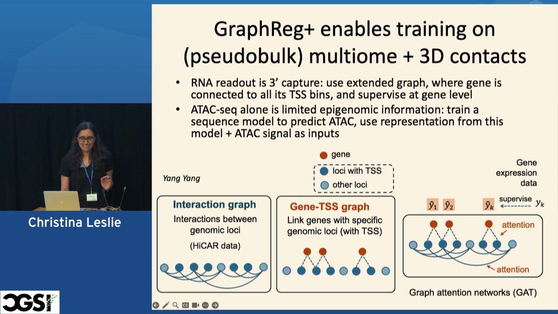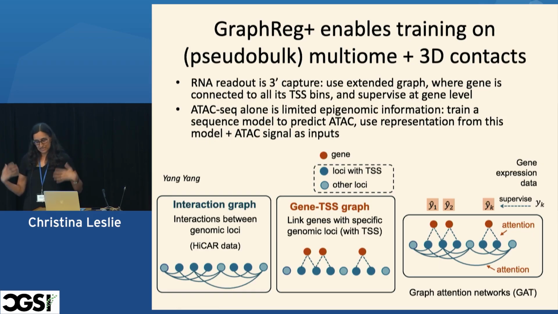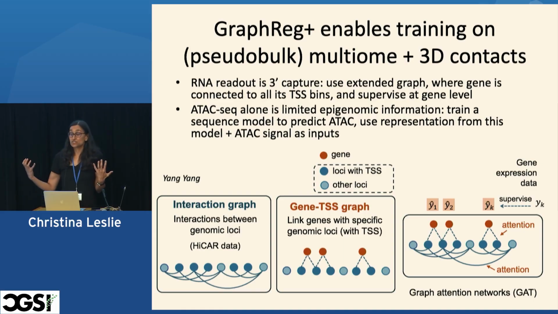The second thing is that we only have ATAC-seq. We don't have these other histone marks. And ATAC-seq alone as an input is not as rich an information source, not as rich a representation. So what we do, and this is a postdoc, Yang Yang, who figured all this out,